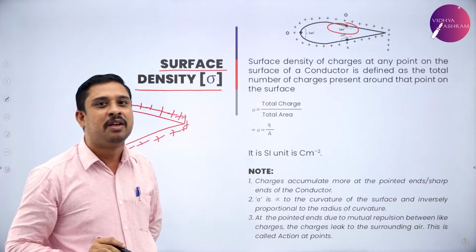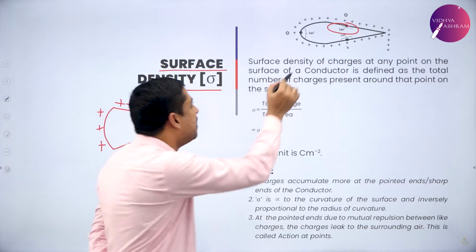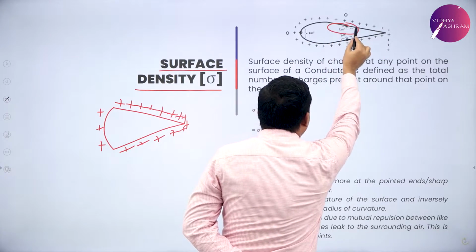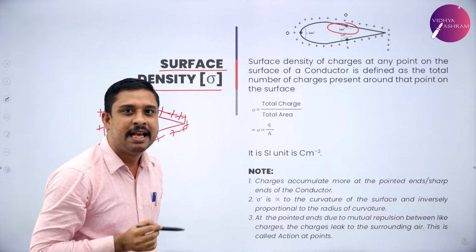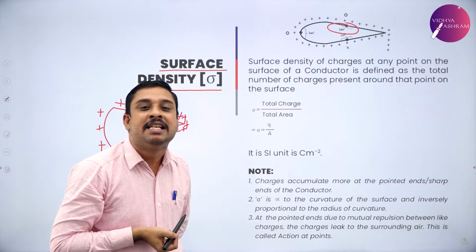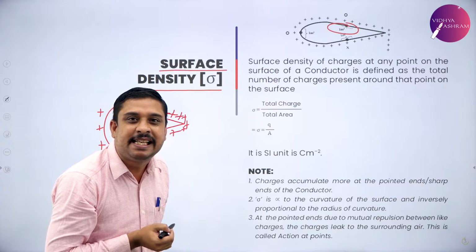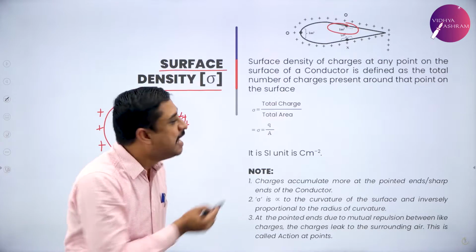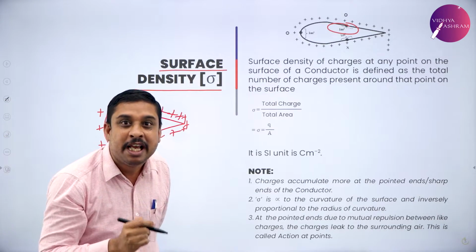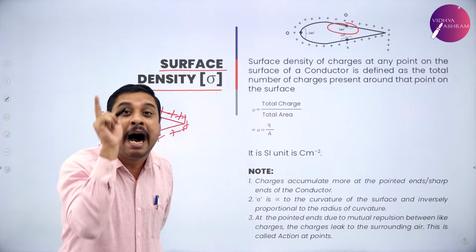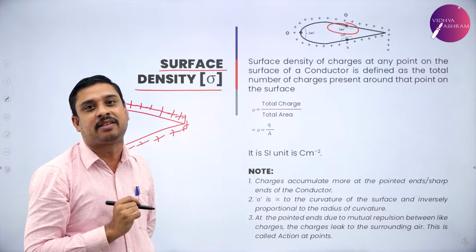Simple in terms, the total number of charges present in this unit area around that point, that is what is called surface density. Density, number. Here it is number of charges present where? Unit area around a point where on the surface of a conductor. So we say